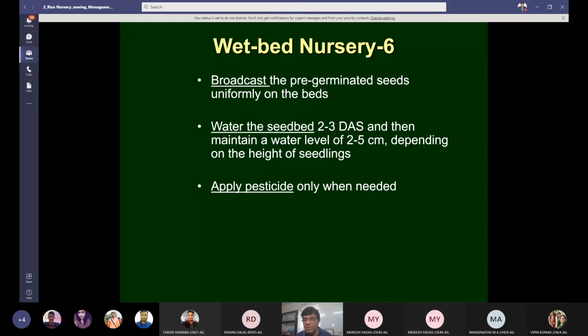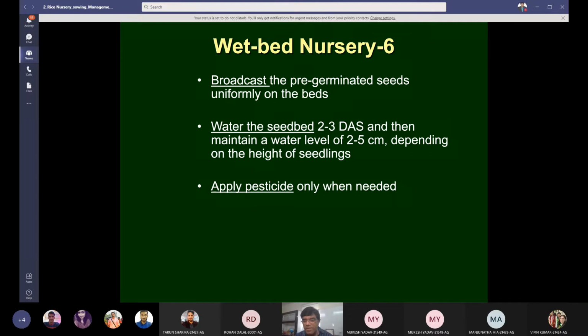So there are many advantages of putting this water. First thing is that seedling will never suffer from moisture or water deficiency. Second thing is that it also partly controls the weed. This is also important. And third important point is that it does not let the seedling face iron deficiency. If there is no standing water in the nursery, rice nursery is likely to have iron deficiency. So there are certain advantages of keeping the soil flooded in nursery.